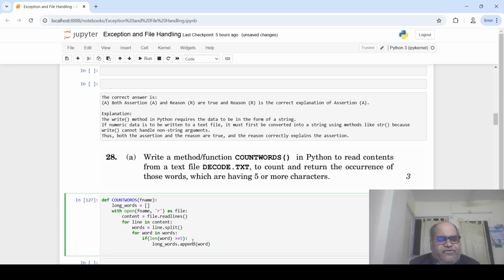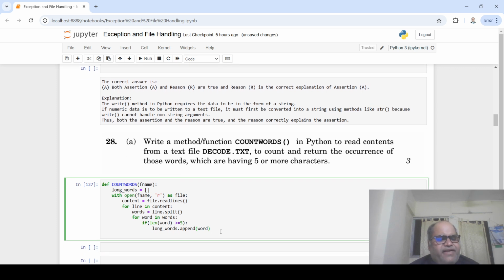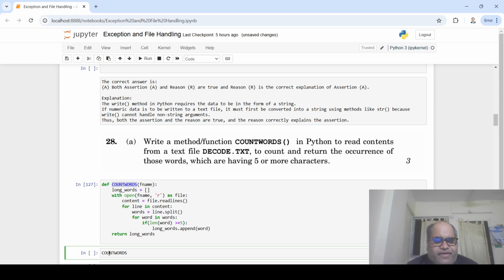It is actually a lot of looping. With more practice, you can master those shorthands for writing it comprehensively in the same line. But for exam perspective, let us write simple code first, and then you can simply return it. So you return long words. Now in your exam, you can call it like this, where your file name is